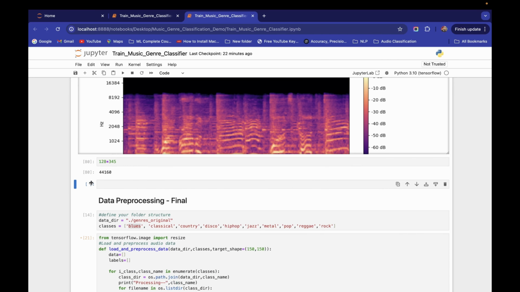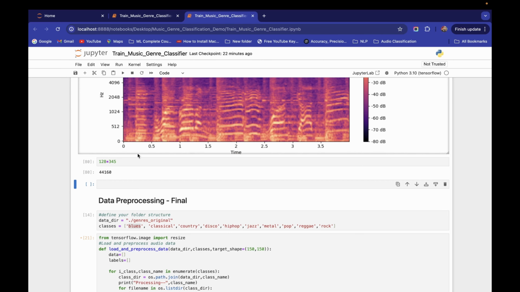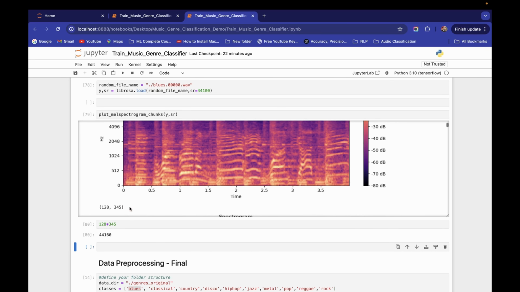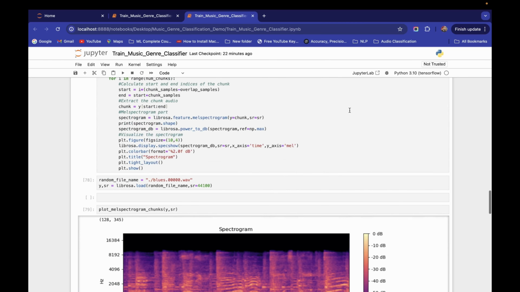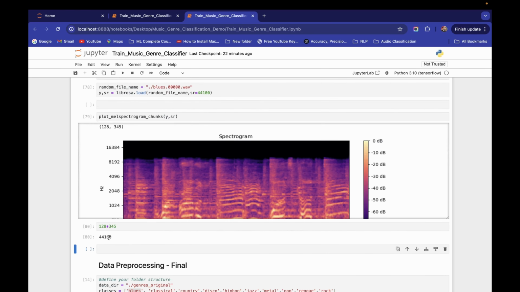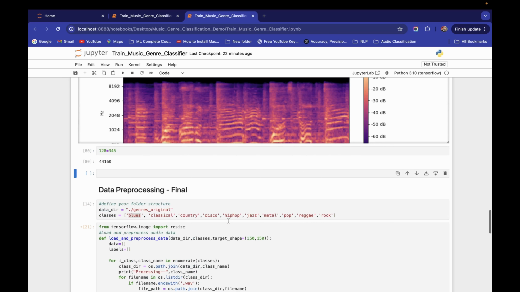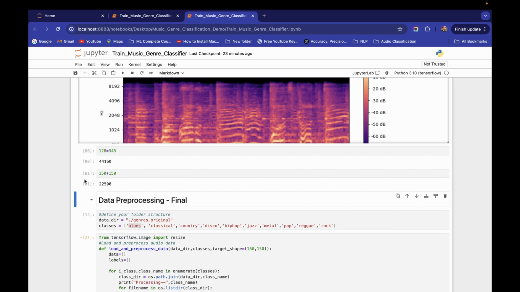So we are getting 44,160. It means that 44,160 elements are present inside this MEL spectrogram list, which we are getting from here. So if we pass 150 cross 150, let me print this also, and multiply it, I am getting 22,500.